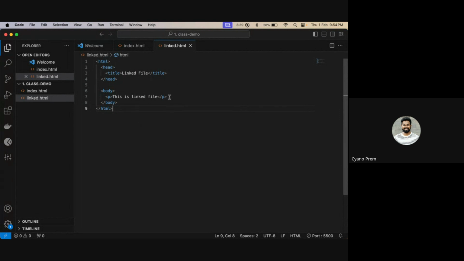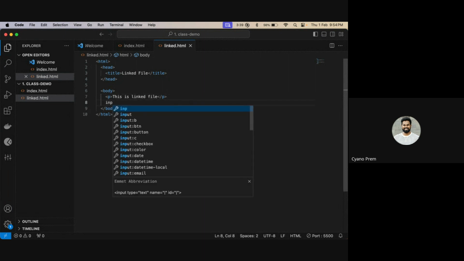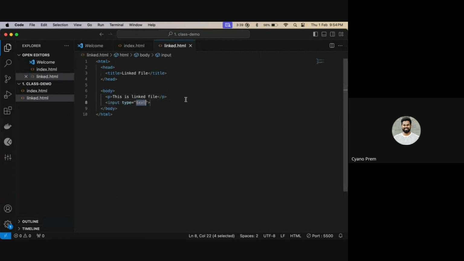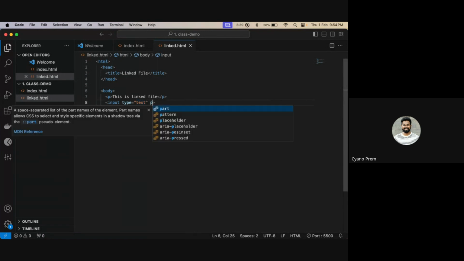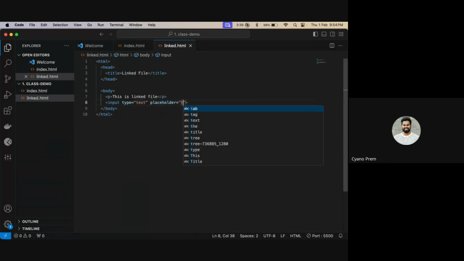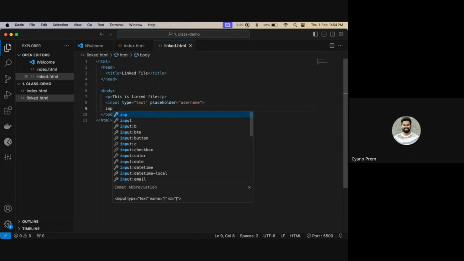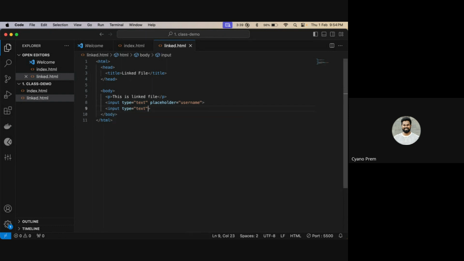Here I have an input tag, input type text, and I have a placeholder, let's say I'll put username. Next input, type text.